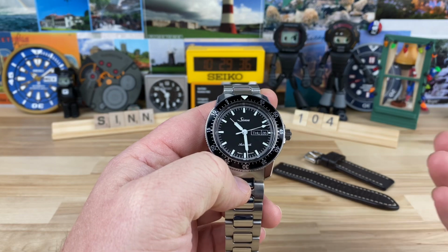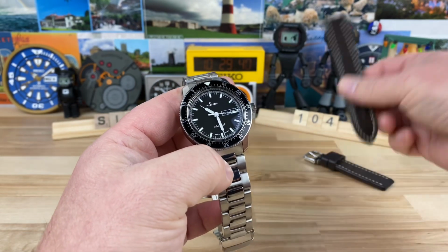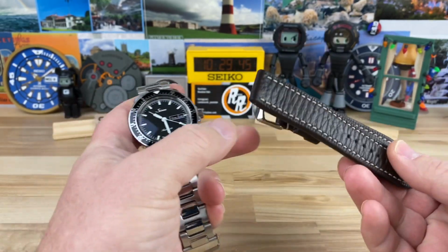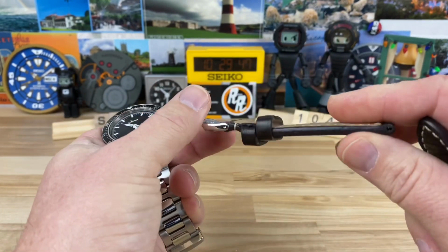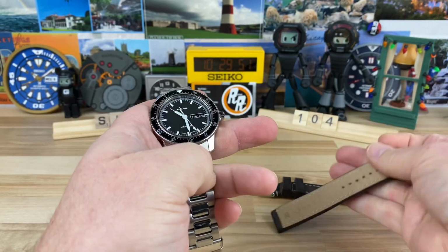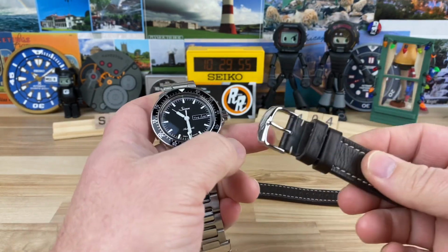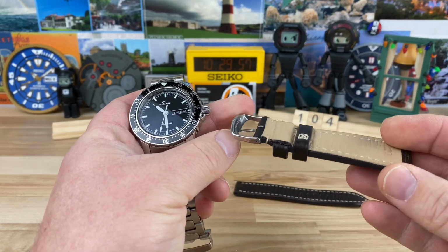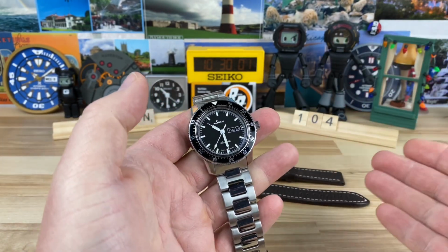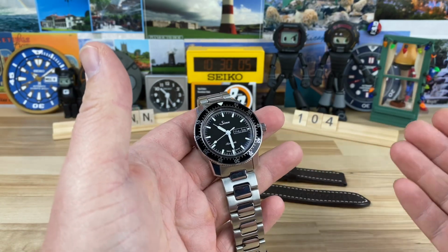This is the Sinn 104i with the H-link bracelet. Chris sent this over, but he also has the factory leather strap, which is, I don't know what the price tag is on the leather, or if you buy it on the leather and then get the bracelet, but I know their parts aren't cheap, but they're also not cheap, if that makes sense. You're basically going to get a very good high quality product, whether your choice is the leather, the H-link, which is my preference, or the fine link bracelet,